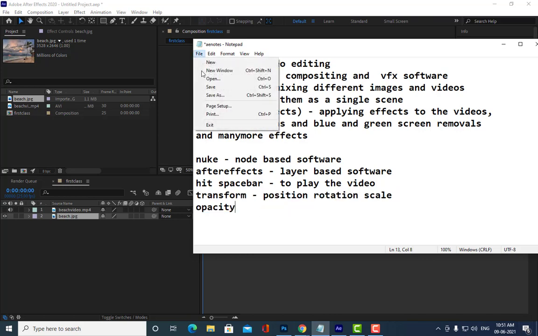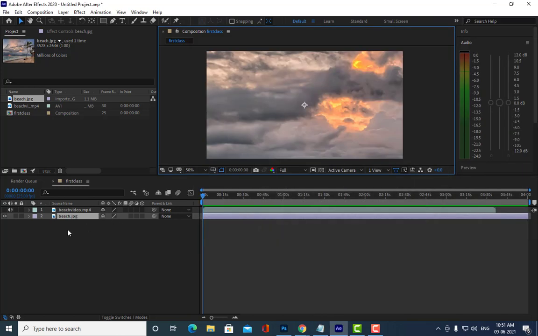Yes, sir. First I will show you how to adjust the transform options of this image, starting with the position.